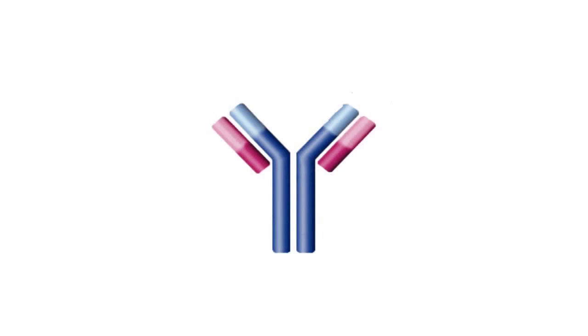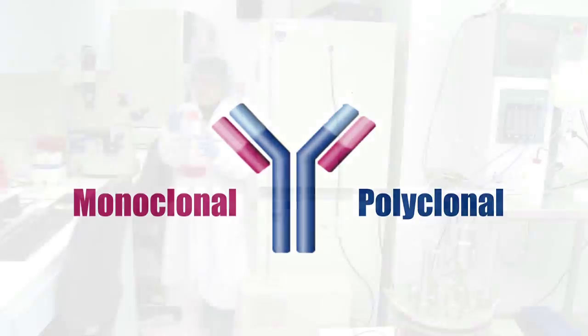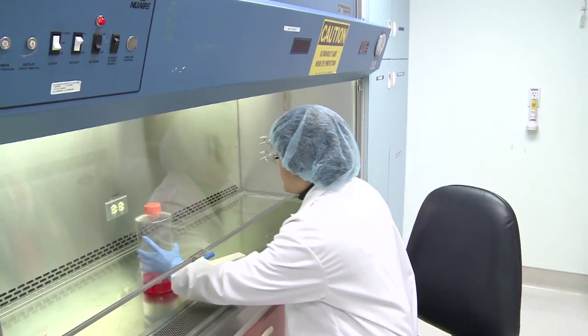My name is Tom Slattery. I've been with Scantibodies for 15 years. I'm the manufacturing manager of antibody production, and I'm in charge of the monoclonal and polyclonal antibody production here in Santee. In the cell culture department here in Santee, we also generate monoclonal antibodies like we do down in Tecate